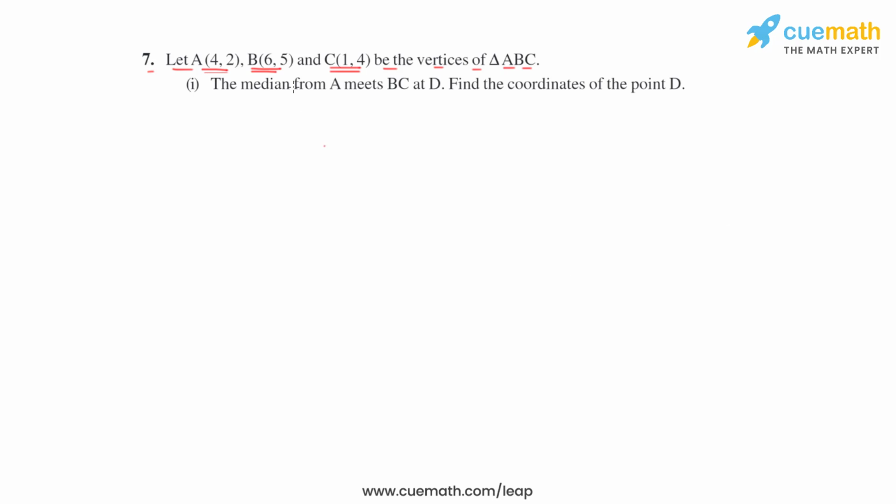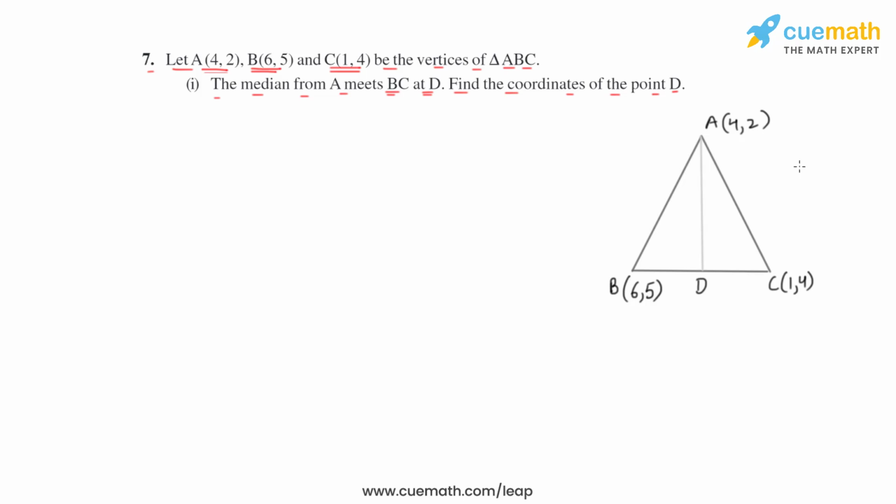First part: the median from A meets BC at D. Find the coordinates of point D. So we'll make a triangle ABC, and the median from A meets BC at D. Then we have to find the coordinates of D. Now as it is a median, D will be the midpoint of BC. So coordinates of D will be